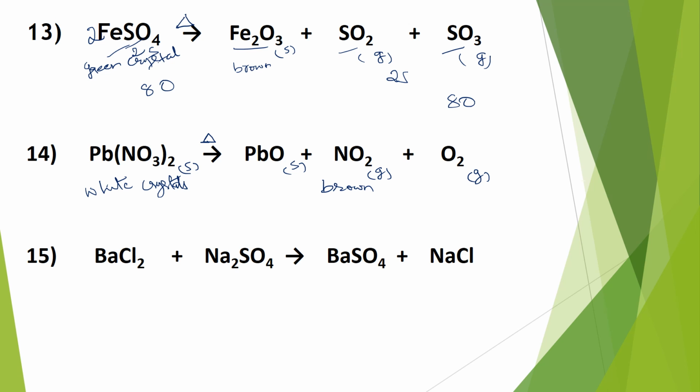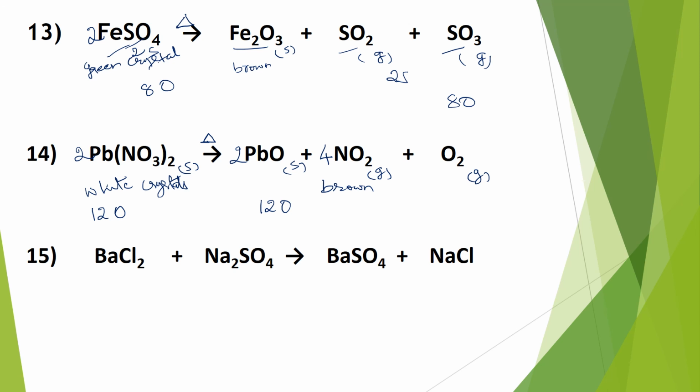So how to balance this? Now nitrate ion, look at this, N is 2 here, here only 1. So let us write 2 here for balancing oxygen atoms on both the sides. So now oxygen has become 3 into 2, 6 into 2, 12. So let us write 2 here and 4 in front of nitrogen dioxide. Now it has become 4 into 2, 8, plus 2, 10, plus 2, 12. Oxygen has become 12 on the reactant side and the product side, whereas nitrogen has become 4. So I wrote 4 in front of nitrogen dioxide. This is how you need to balance.